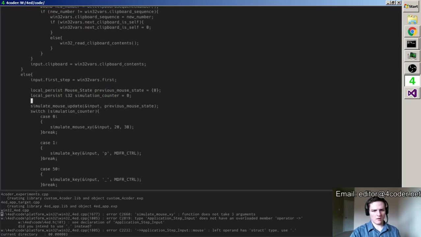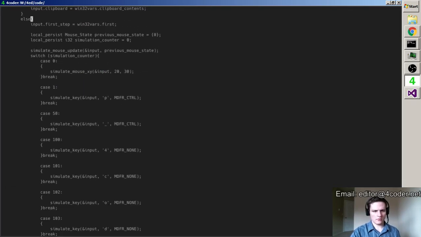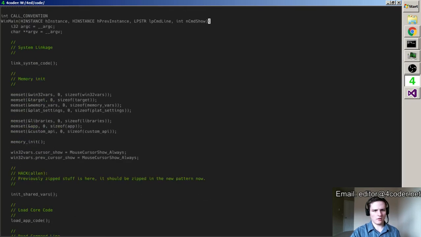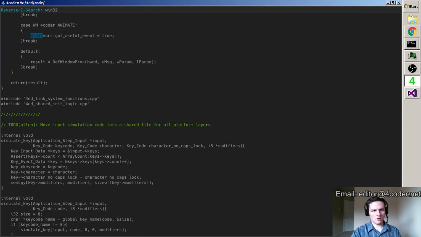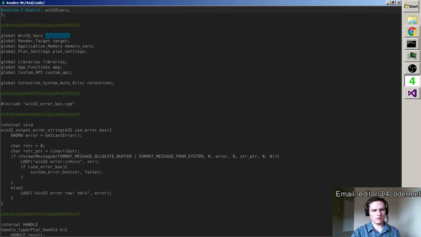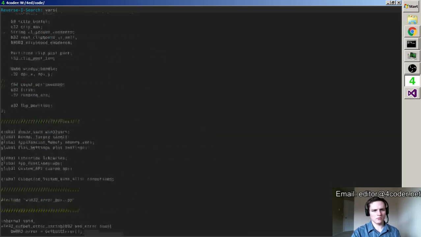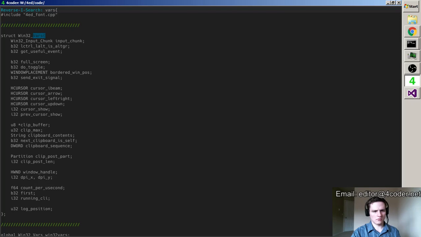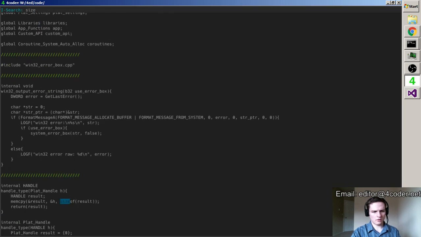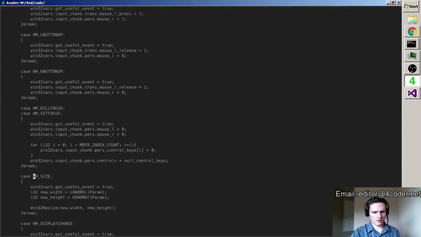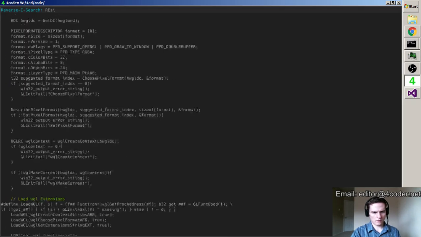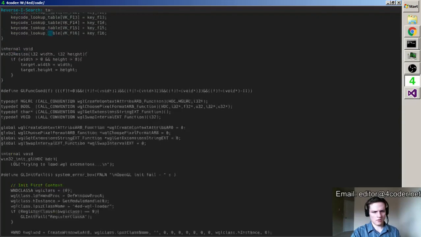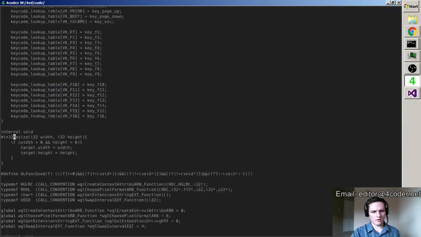So I need to figure out how I'm going to pass in width and height here. Does anyone know where that information is? Size. WM size. Resize. Target.width, target.height. Okay.